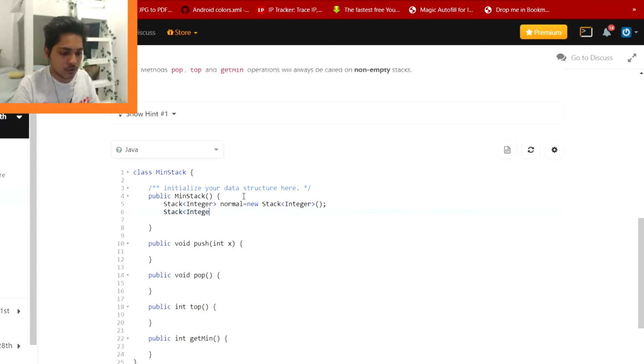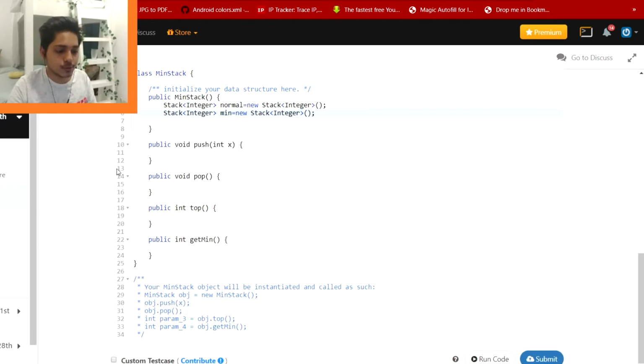So integer, then min, new stack of integer. Okay, so now we have initialized two stacks.